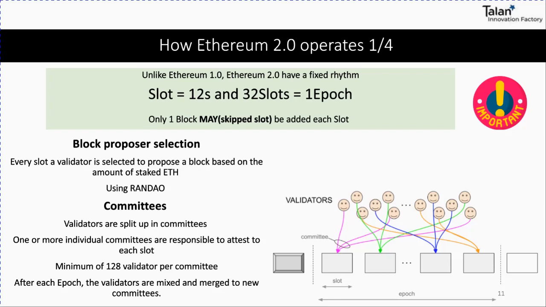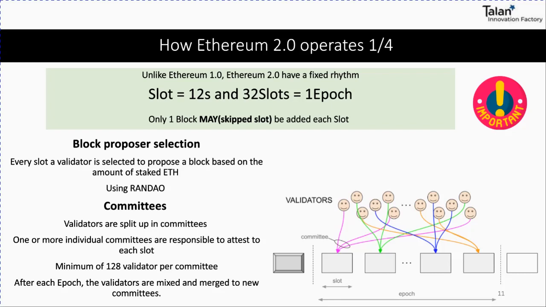The idea here, why we do that, is to have every validator in the network validate only once during one epoch. This is the final target that we want to achieve. And the committees, or working groups if you want to call them that, are just a group of 128 validators. We will see exactly how they are divided because there are other roles within the committee. And each committee will work internally in order to vote on these slots.